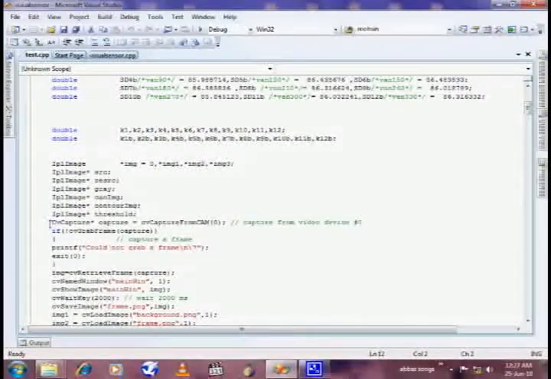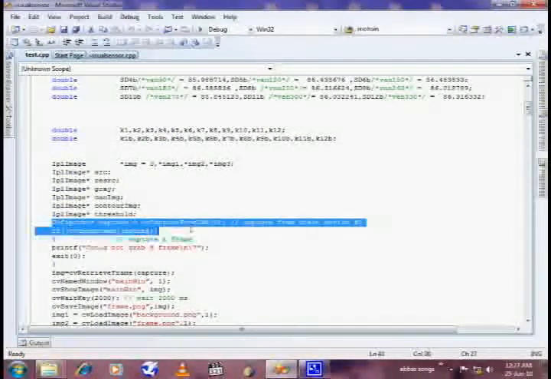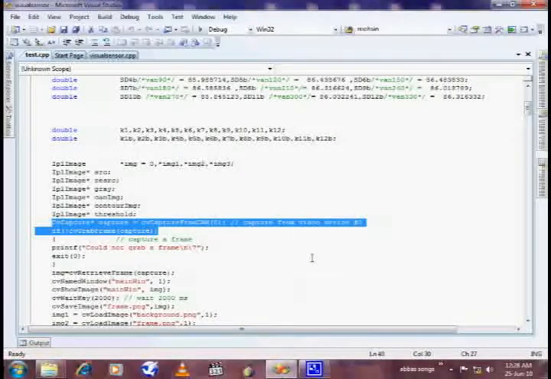This is the function cvCaptureFromCAM. This function takes an input from the camera, and this input is used for further processing. If for some reason the image cannot be captured, our function will give us the message "could not grab a frame."